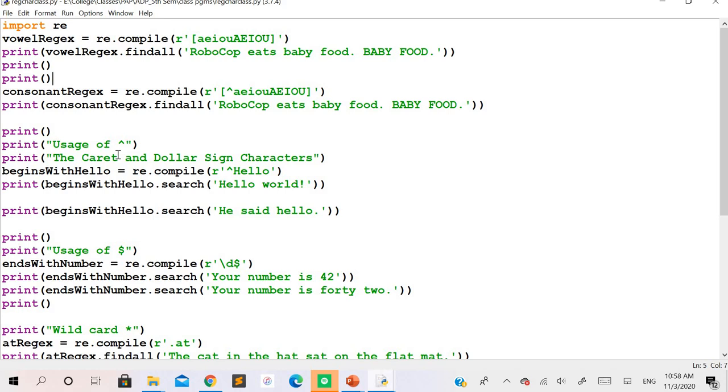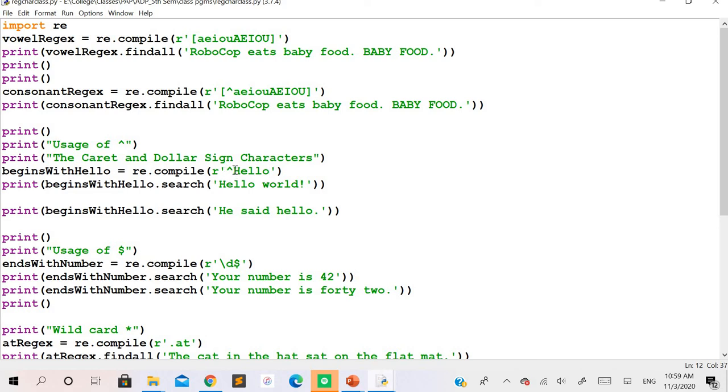Okay. So now we'll see the same cap symbol. What happens if you use it with the input string here, or if you use it for the normal regular expression without the character class? You can see here the caret and the dollar symbols, both have a different significance when used along with the regular expression pattern. In this example we have taken re.compile, and the pattern that we have defined is the word itself, hello world, but it is preceded with the cap symbol. Do concentrate here: the cap symbol that is used within the character class is different from the cap symbol that you use with a normal regular expression.